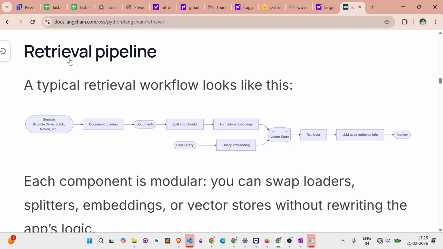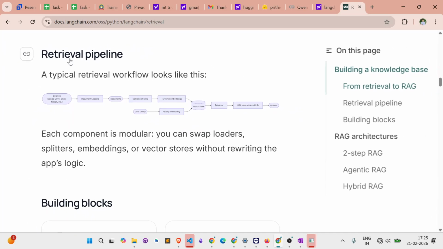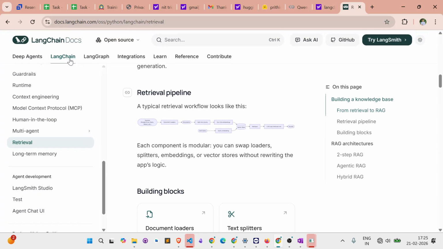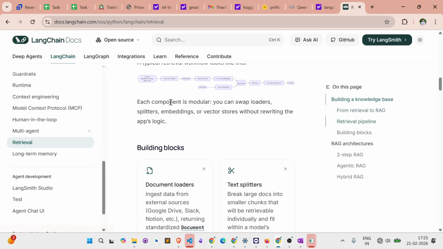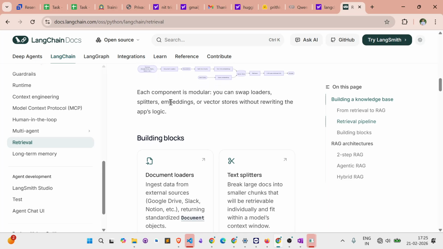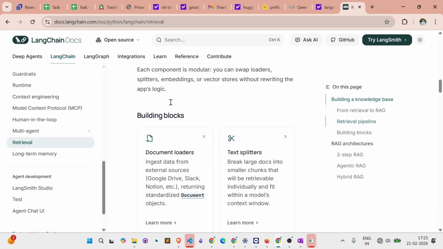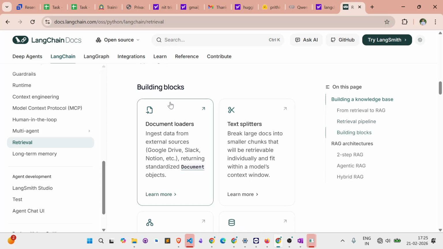So this is the retrieval pipeline. This is the overview of the retrieval pipeline, and I think some noise is coming from your side. Fan noise. Well, turn off the fan. So